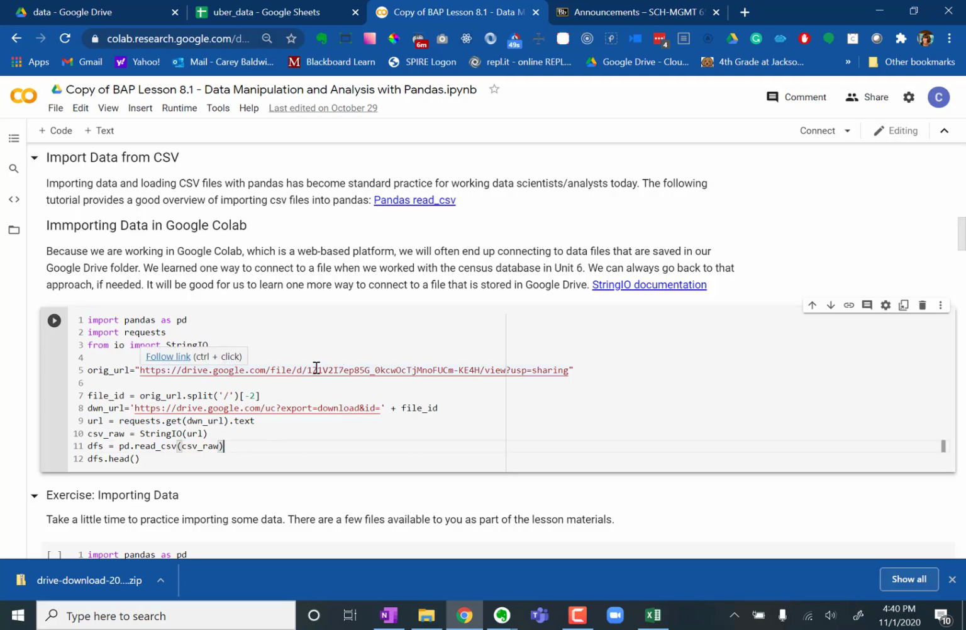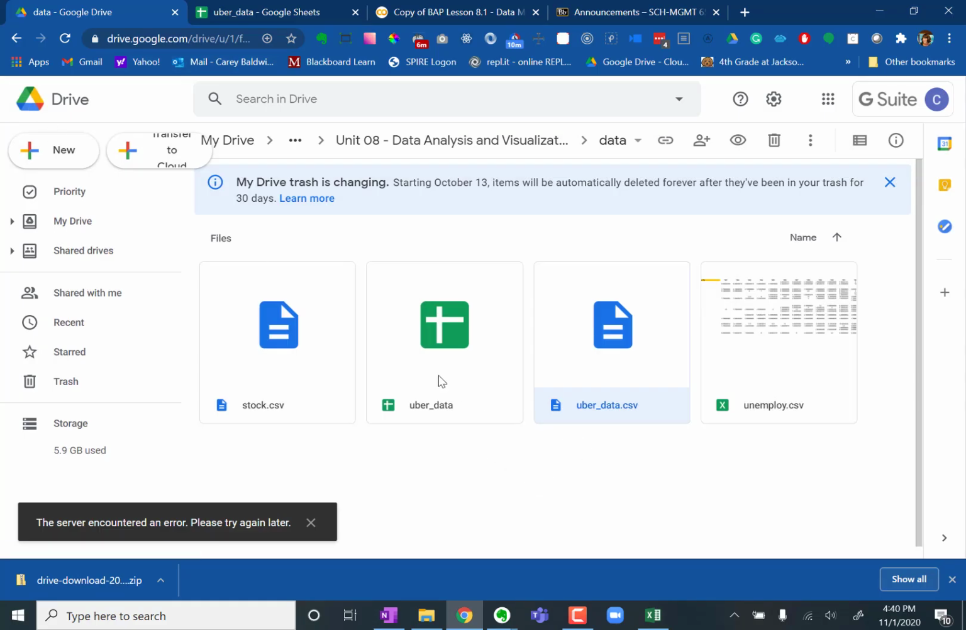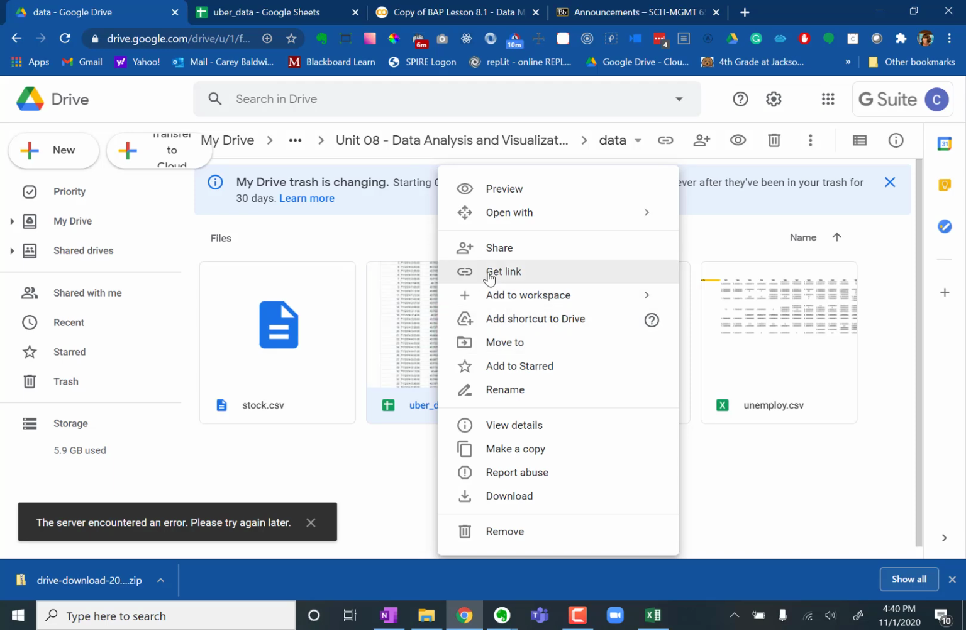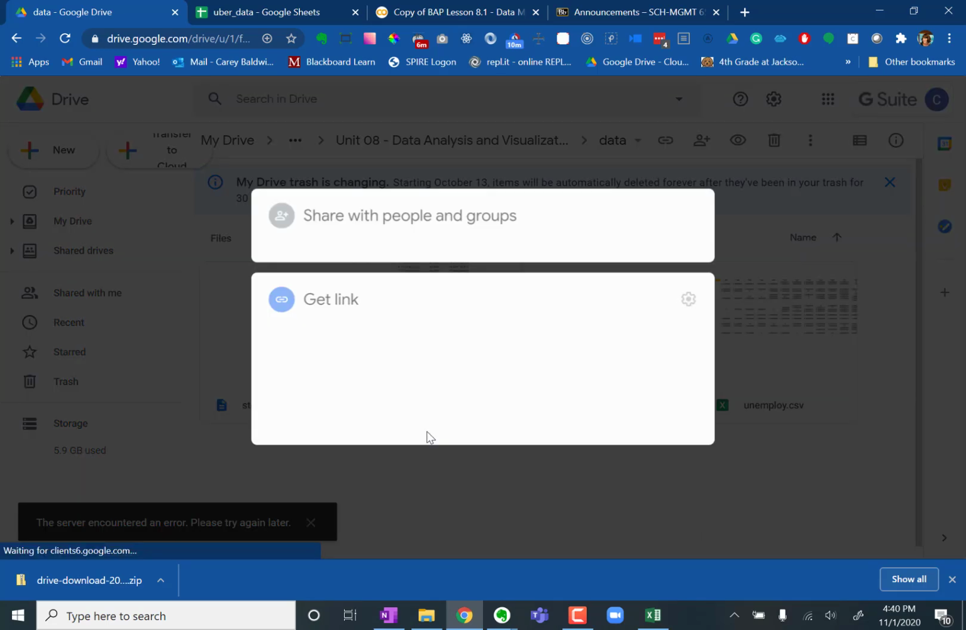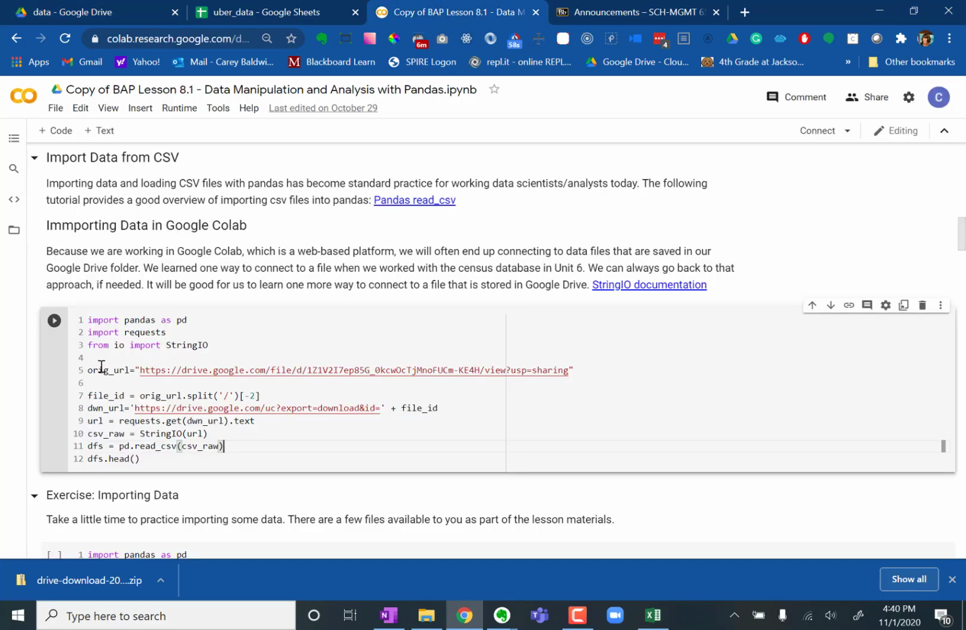Okay, so what I have done to begin with is I've gotten the URL that's associated with this Uber data. Okay, so I got that by right-clicking on the data file. Right-click. We've seen this a couple times before, and then I do get link. Right, get link, and then I copied that link. And as you can see in the notebook, I pasted the link right in here in line 5, and I'm giving it a variable name, original URL, original for short. Okay, so I'm going to be referring to that URL, and I'm going to be extracting from it the